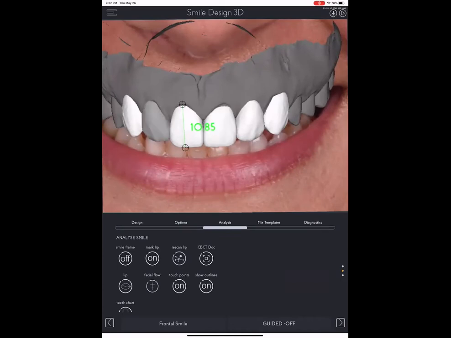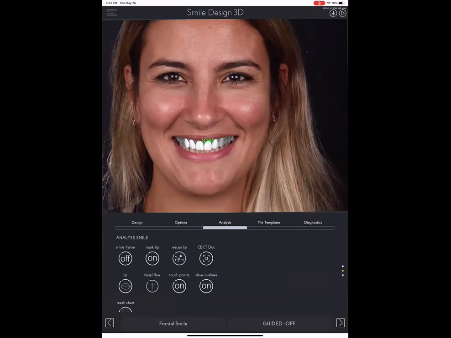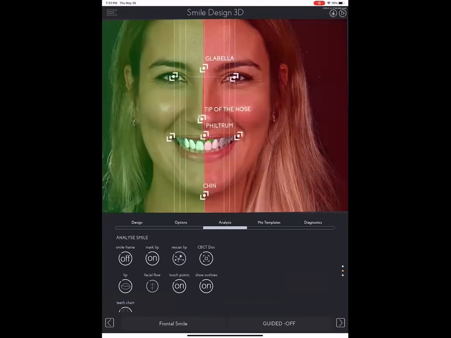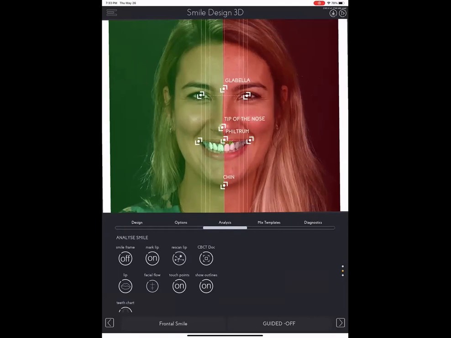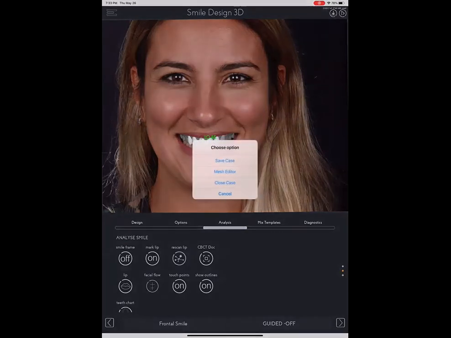I noticed that this lateral is a little bulky, so I can fix that as well. And I just need to make small adjustments on that canine. But most importantly, I want to make sure that my design is aesthetically pleasing and it has the proportions that I want. Now that I selected the whole thing,